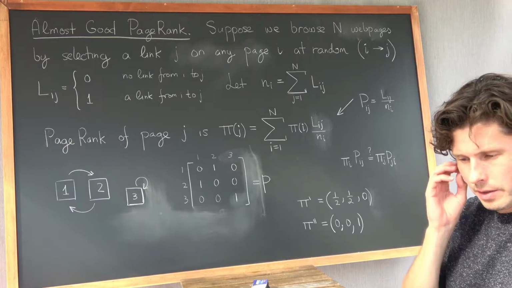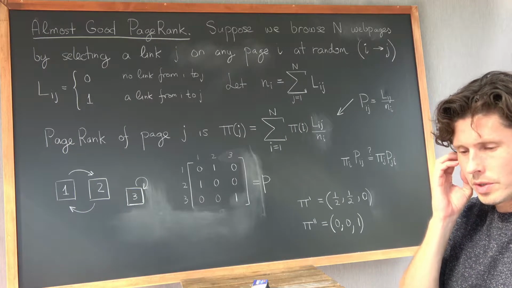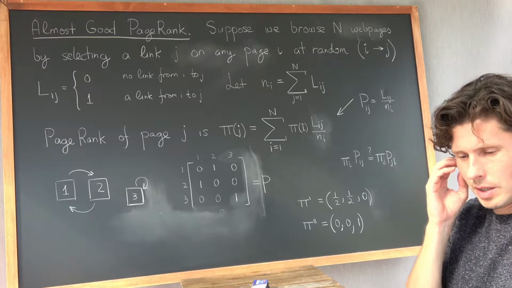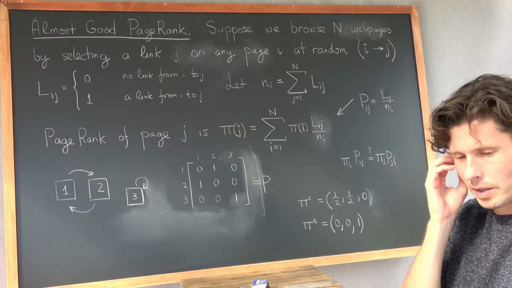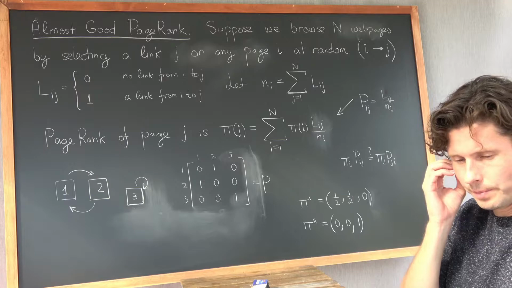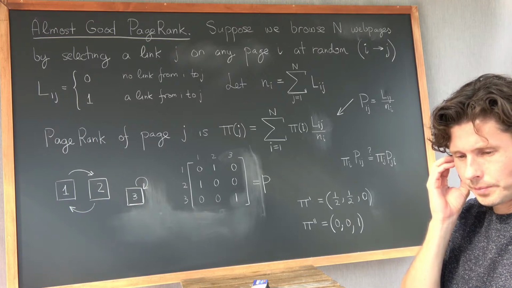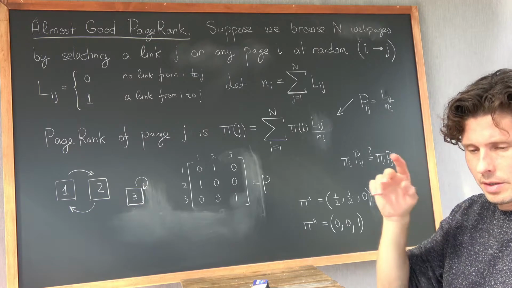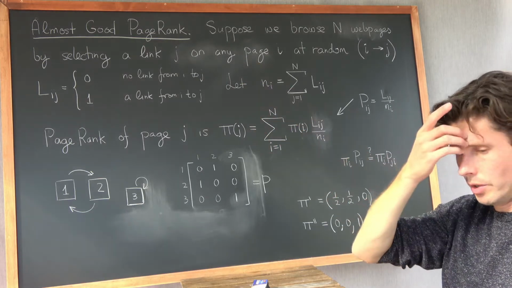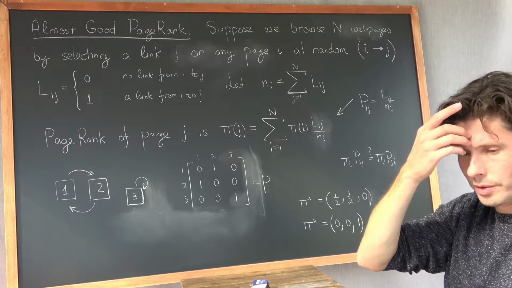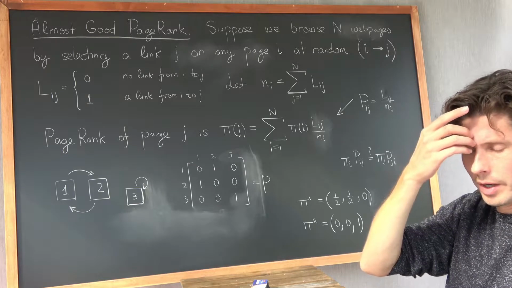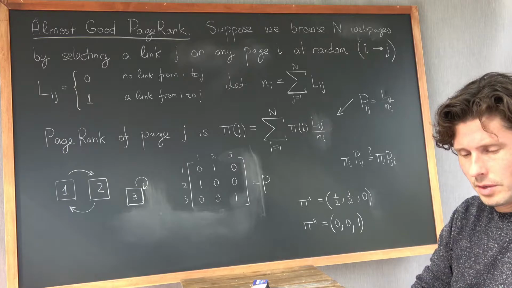Okay, so our final example is Google's PageRank, and I'm going to talk about a simplification of it, which basically has all the right concepts. In the next clip I'll tell you the final ingredient that makes this almost good PageRank into Google's PageRank. So before I describe this very simple idea,